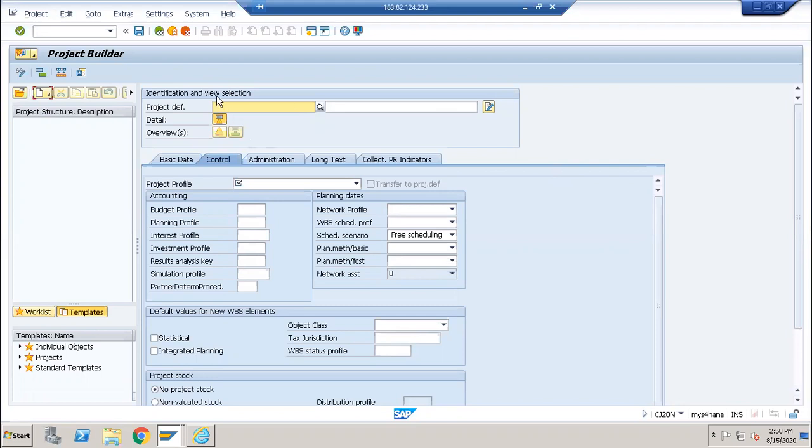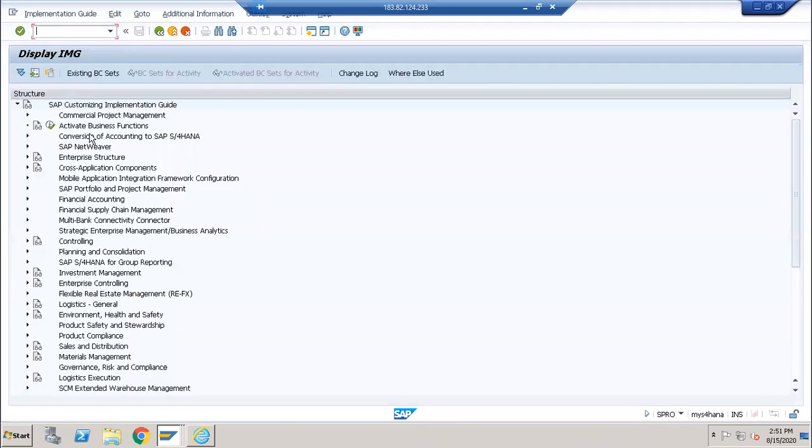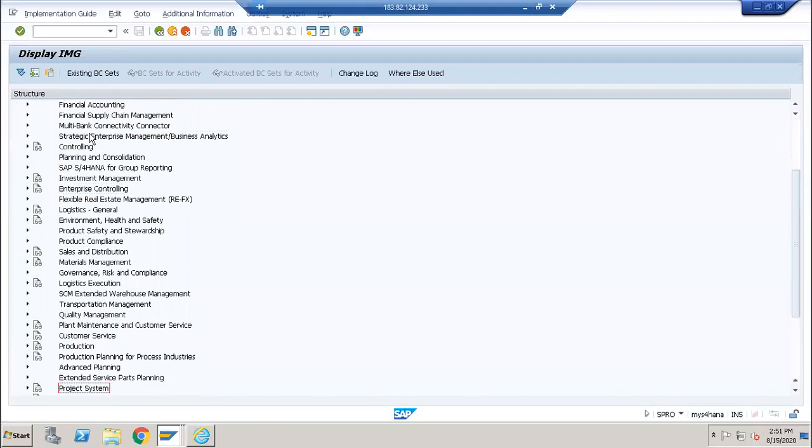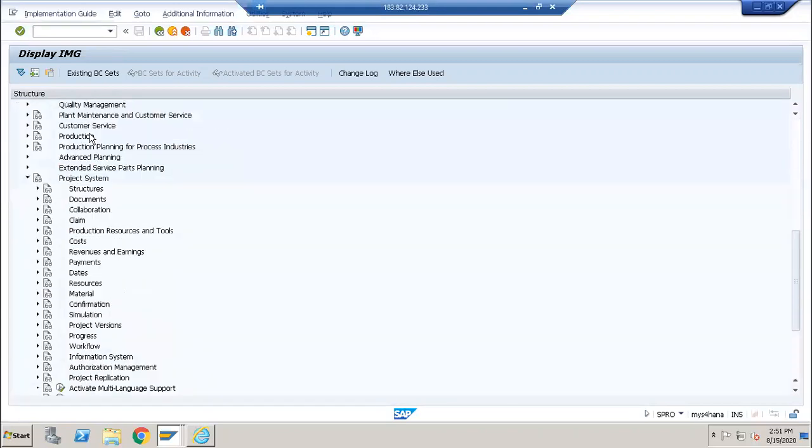this is a project definition. Basically here it's kind of a text field. It has to be copied from your structure indicator. So we will just go to the configuration in the SPRO. Okay, all my project configurations will be available in the PS node. So you can see here project systems.